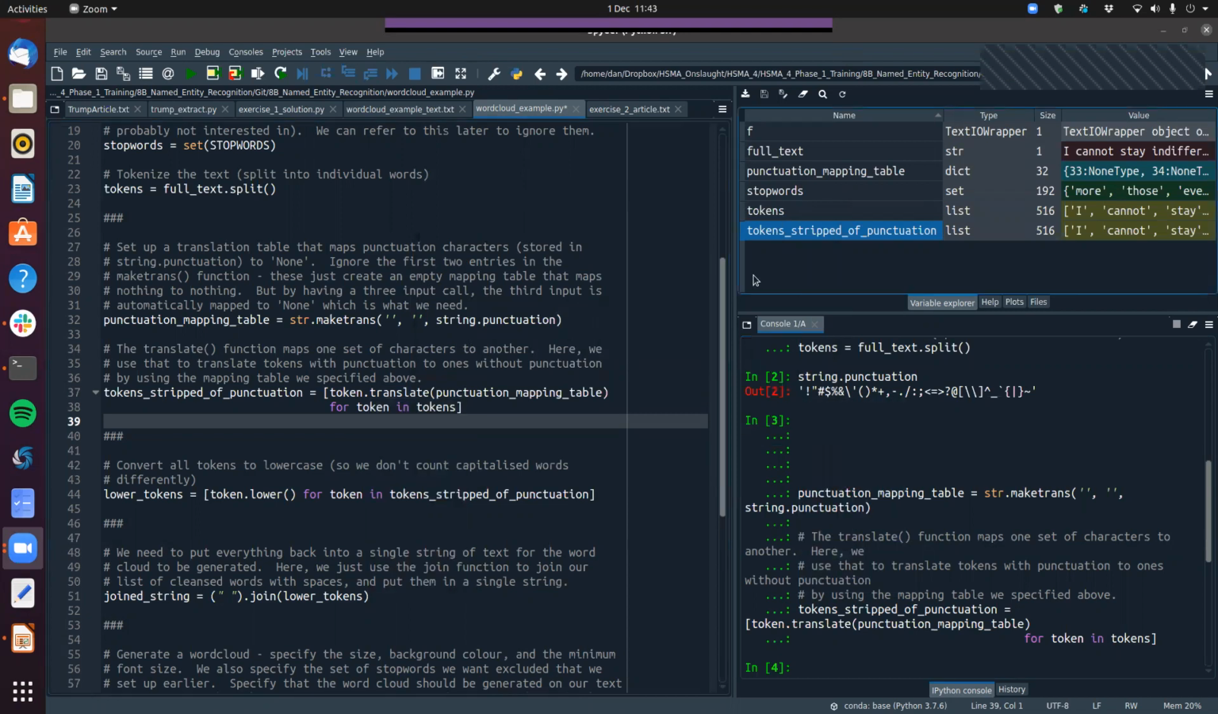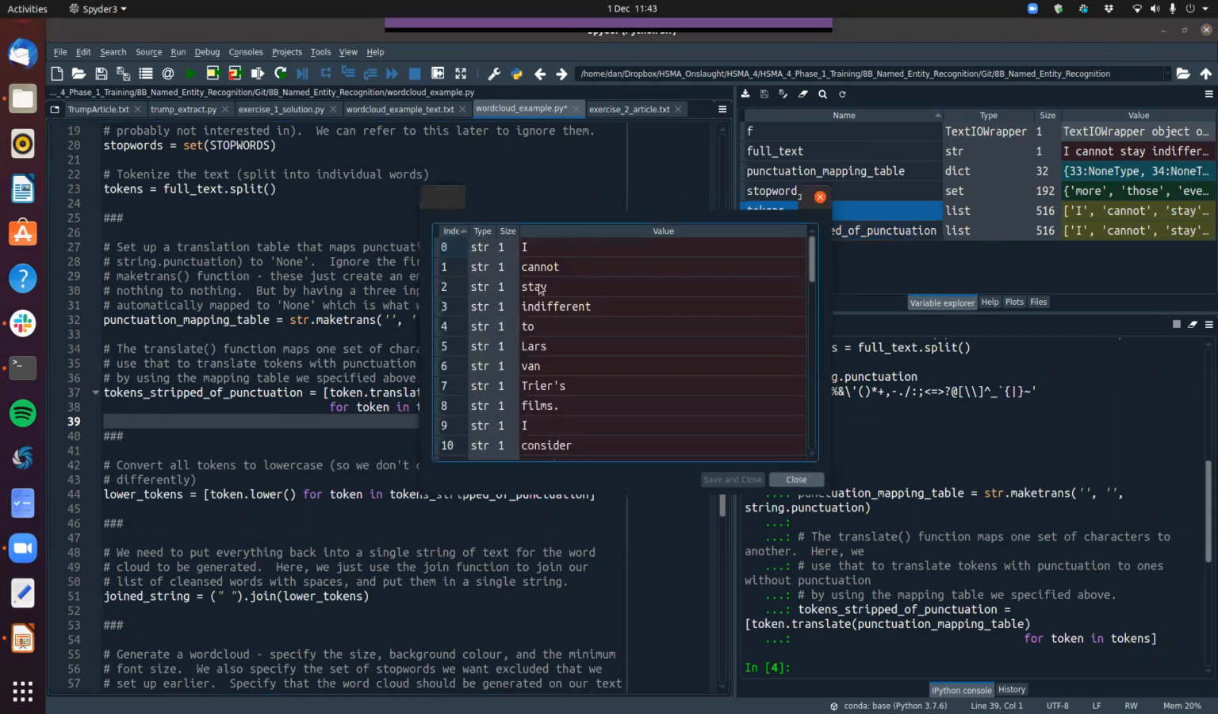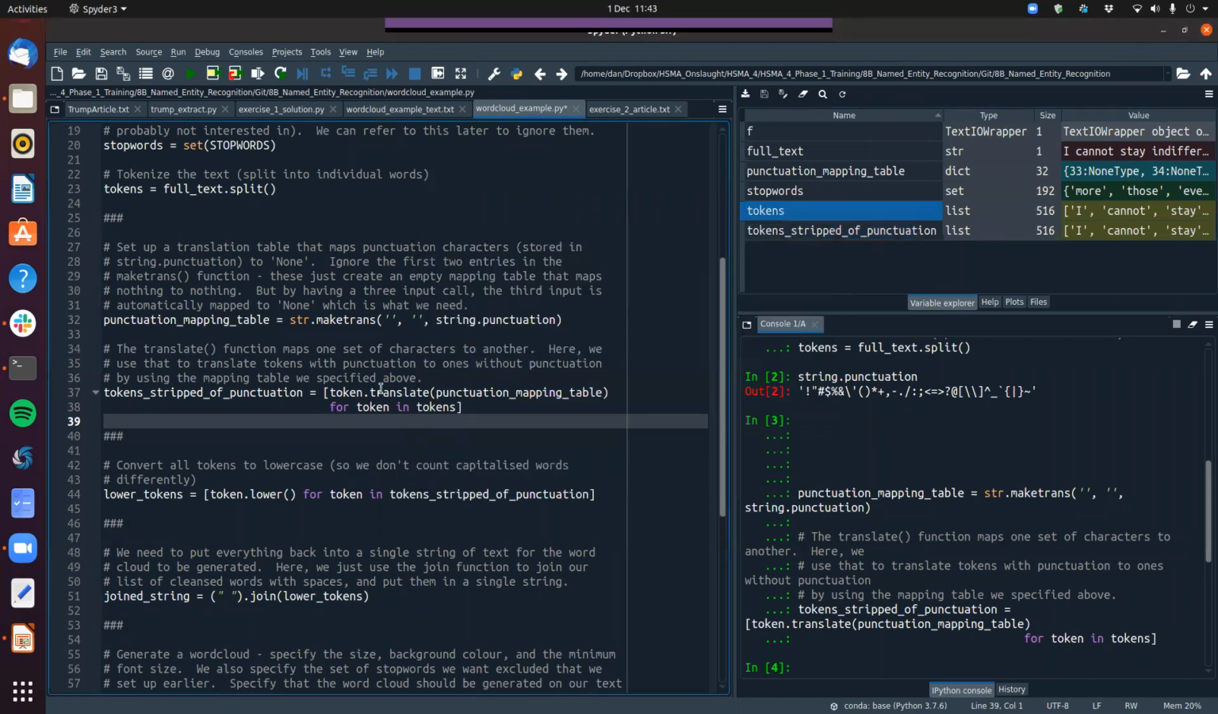Yeah, what part of punctuation.token.translate is telling it to remove the punctuation? Okay, so what it's doing is it's using the translate method of a string. These tokens are just strings. If we look at the tokens, you can see it's just a list of strings. So we can use the translate method of a string object, and what a translate method does is it says